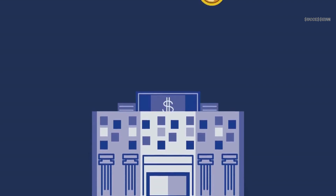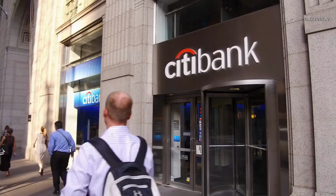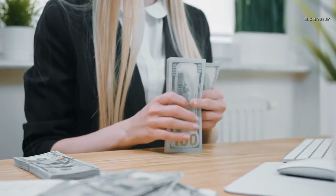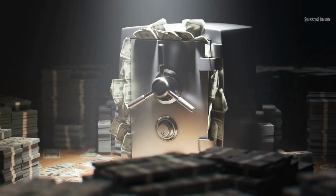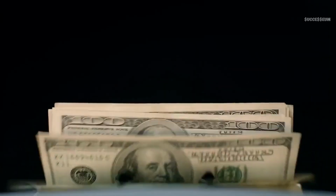The banking system plays a critical role in modern economies, providing financial services to individuals, businesses, and governments. Banks operate on a simple business model. They take deposits from customers and use those funds to make loans. When a customer deposits money in a bank account, the bank is free to use those funds to make loans